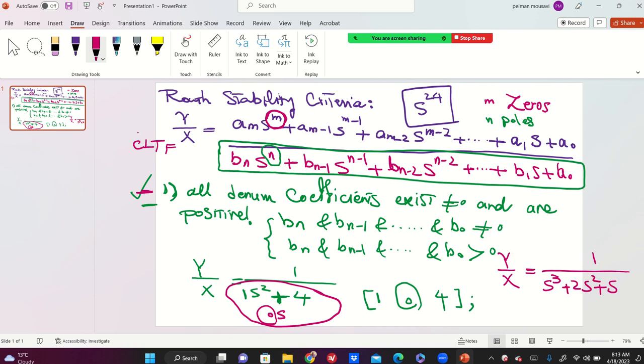So another example is, for example, y over x is 1 over s cubed plus 2s squared plus s minus 1. Is the system stable or unstable? Are we missing any coefficient? No, right? All the coefficients are here: 1, 2, 1, minus 1. Are all of them positive? Yes. Here we go. Even by looking at it, you're going to say, oh, my system is unstable. If I go to MATLAB,